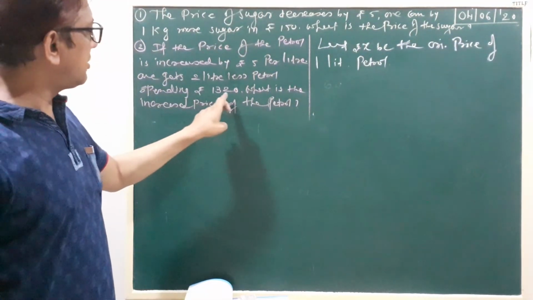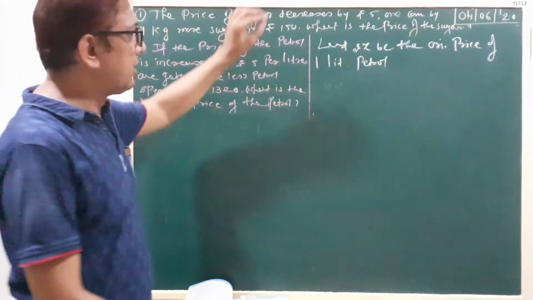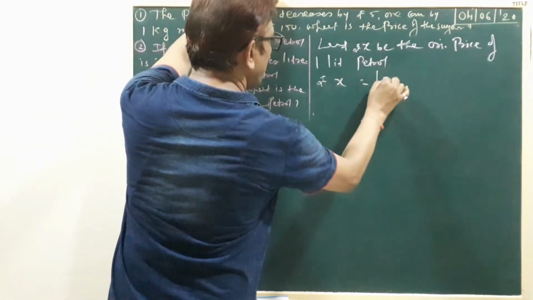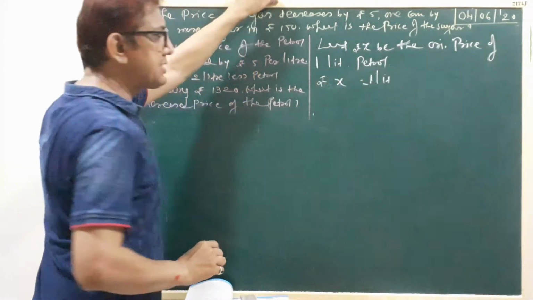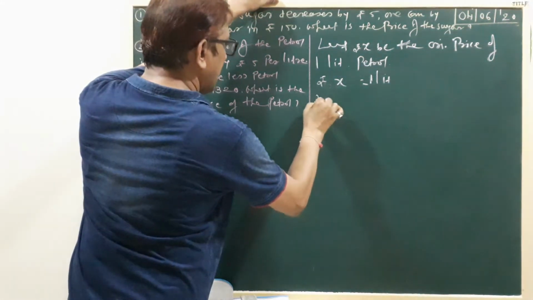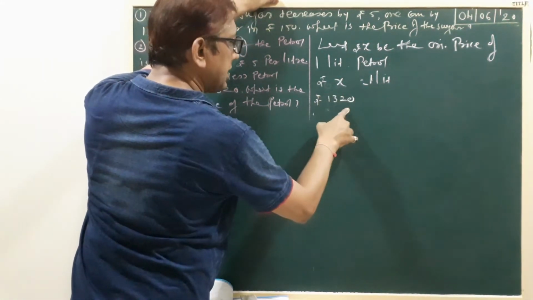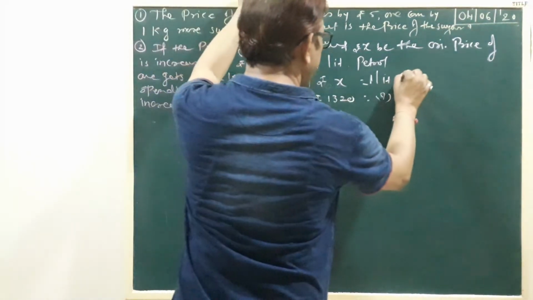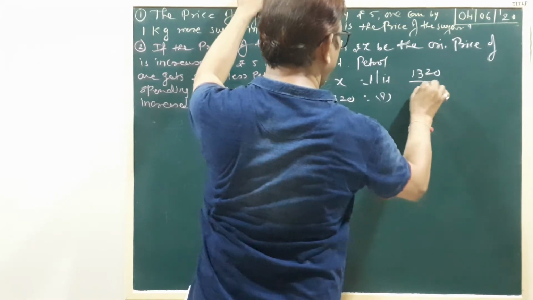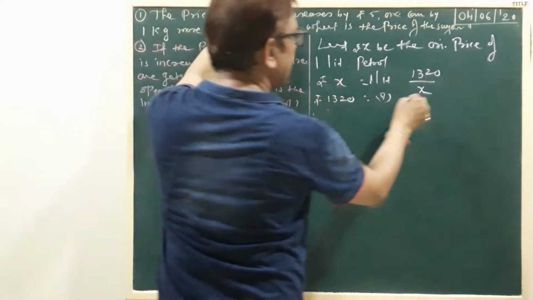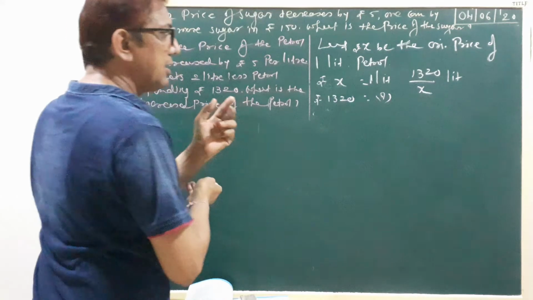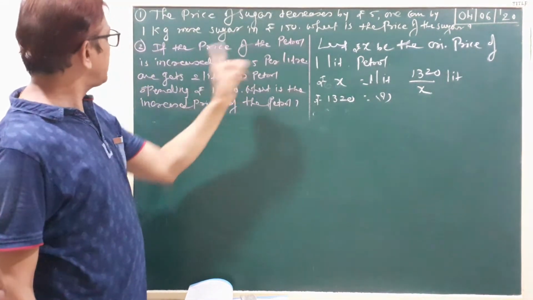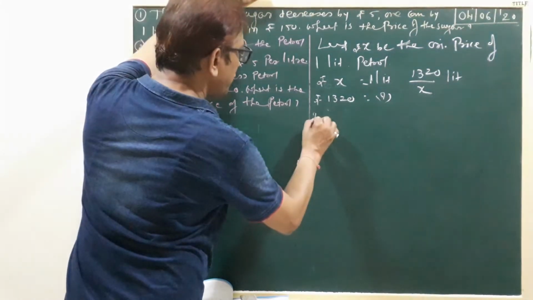Here we purchase 1320 rupees of petrol. So write the step here, rupees x equal to 1 liter petrol. Now rupees 1320 total here, so equal to question mark. Clear? So step here 1320 upon x, rupees cancel. Answer is in liter form. Clear? Now the price, if the price of the petrol is increased by 5 rupees per liter. Now new price.